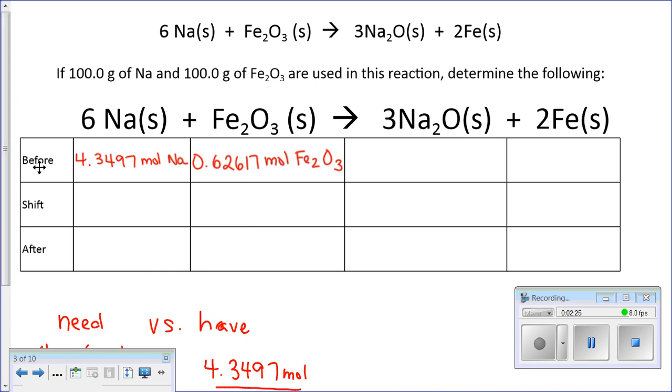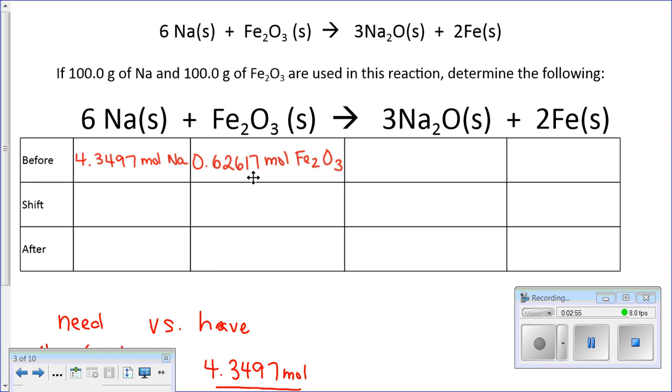So you're going to make a BSA table on your paper. B is before, S is shift. That tells me which direction this reaction is going to go. And for right now, for stoichiometry, we're always going to make products. And then after, how much is left over on the reactant side, or how much product did I make on the product side? So I'm starting out with 4.3497 moles of sodium and